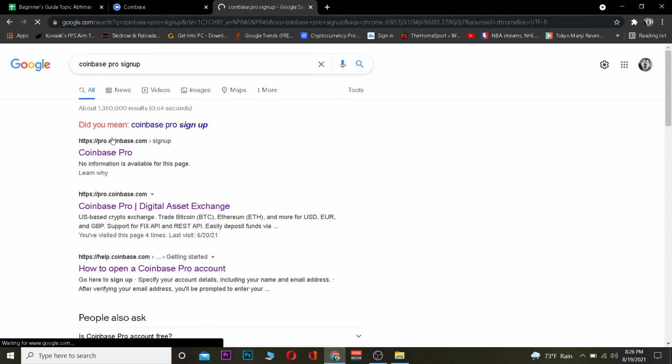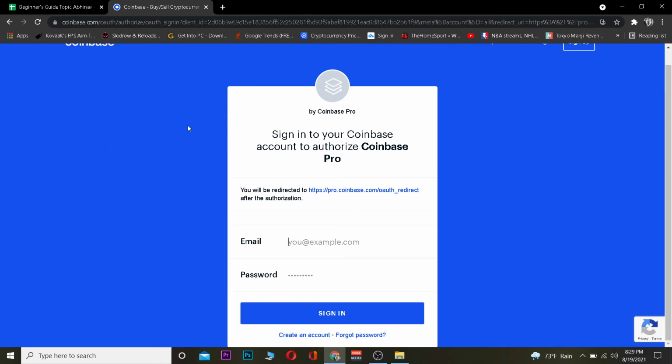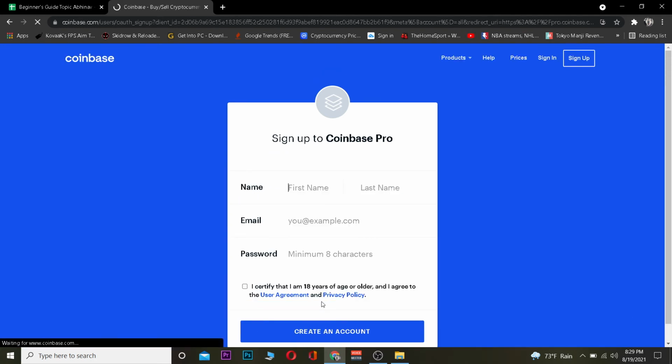So how to create a Coinbase Pro account is basically go over here, search Coinbase Pro sign up. Once you search for it, you want to click on where it says Coinbase Pro. It's going to take you to pro.coinbase.com, which is the official website of Coinbase Pro. Wait for some time. Now once you come over here, basically it's like the Coinbase account creation page. It says Coinbase Pro. Once you're over here, you want to click on where it says create an account. Once you click on create an account, you can enter your first name, last name, your email address, your password, and after entering that, you want to click on this I'm over 18 and click on create an account. Basically after doing that, you can sign up into Coinbase Pro. So that's basically how you can create a Coinbase Pro account.